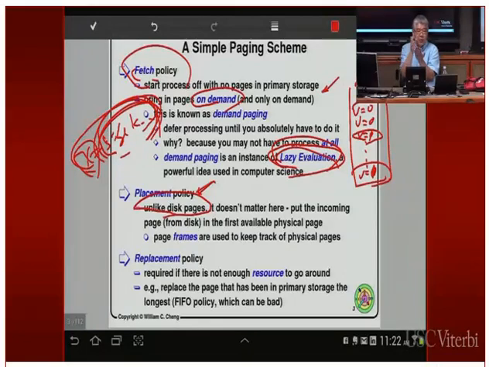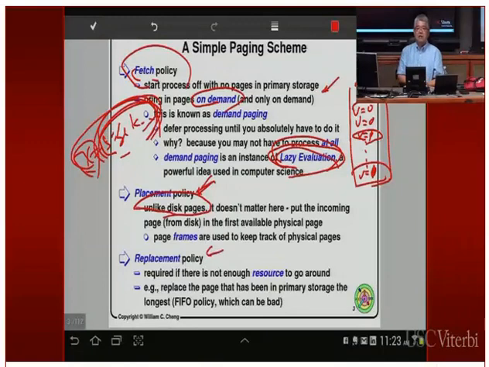For a disk, if you put those files at a different place, then you have to perform a full seek to find those files, and that's going to be really, really slow. Memory is not a device like that. If you want to go to another place in memory, it takes exactly the same time as if you are referencing the next page. So therefore, the placement policy for virtual memory is very straightforward.